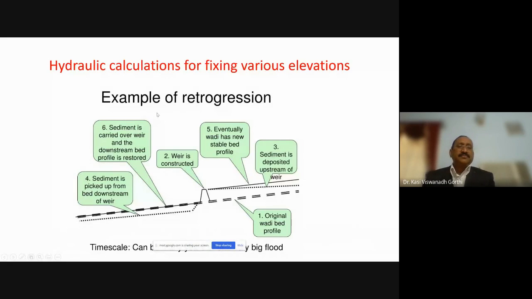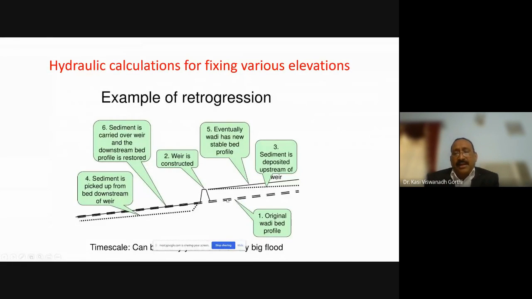So what is retrogression? If you see the entire process of the flow of water in a stream or a river, how the bed shapes and the bed levels are changed, this is what is required to be understood. For example, if you have a river or a stream flowing over a period of time, how various levels will be. Number one is the original bed profile, the wadi bed profile. Wadi bed profile is a profile maybe used in the southern Indian region, in fact, the Southeast Asian region, where you have the original bed, in an arid climate particularly.